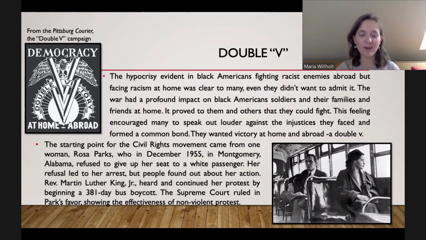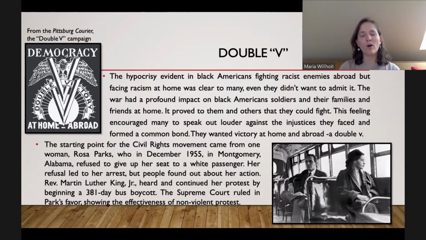And this is actually very costly because a lot of riders, a lot of people who use the bus, even today, are Black Americans, Latino Americans too. So this really hurts the bus company. And actually, it gains a lot of traction to the point where it goes up to the Supreme Court. And the Supreme Court rules in Parks's favor, actually. They say that she has the right to sit in front of the bus, whereas before she had to go in the back of the bus. And she has the right to sit there.